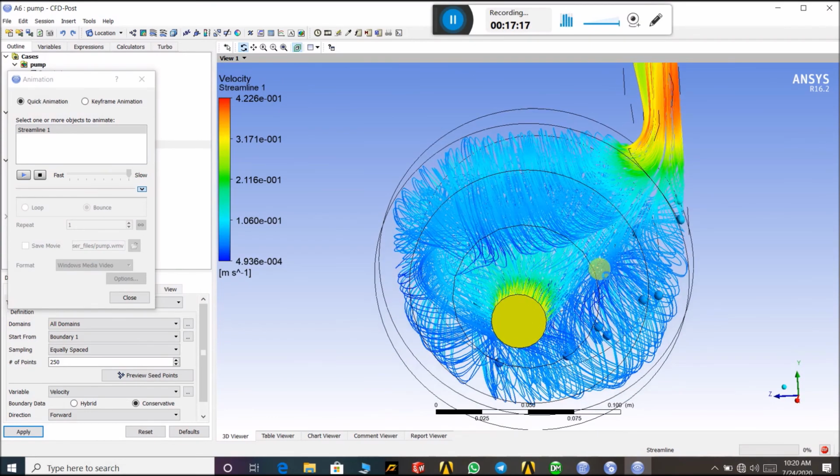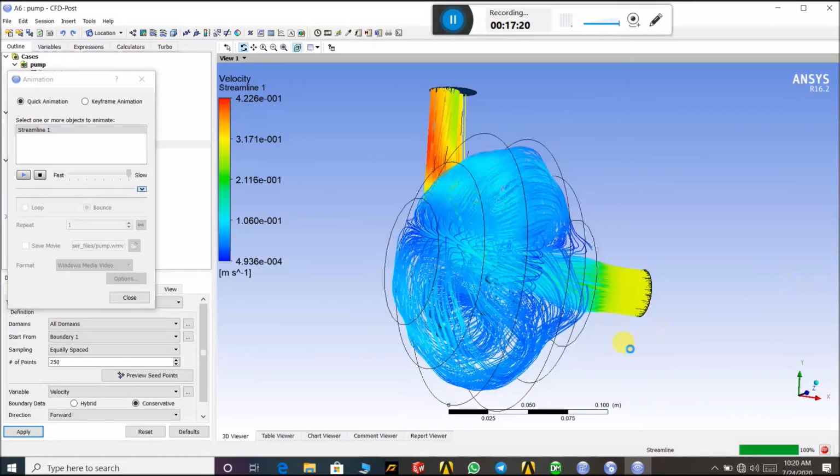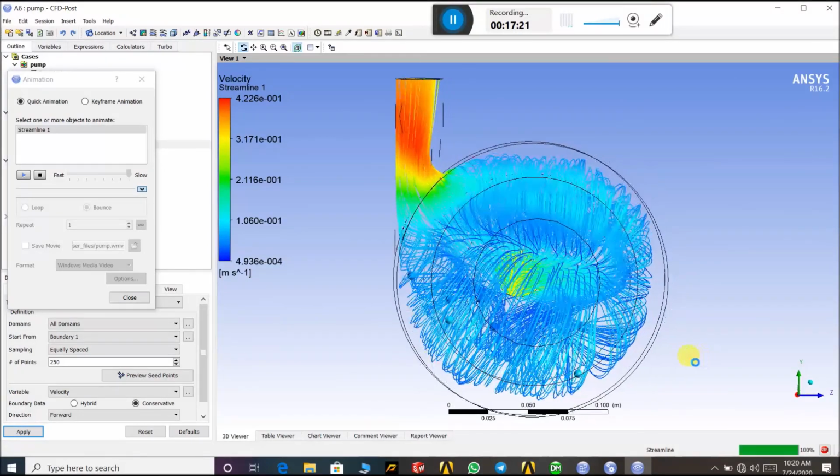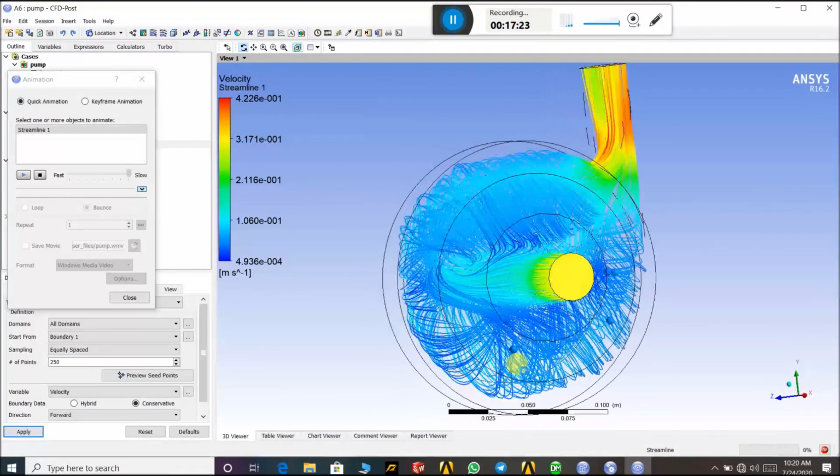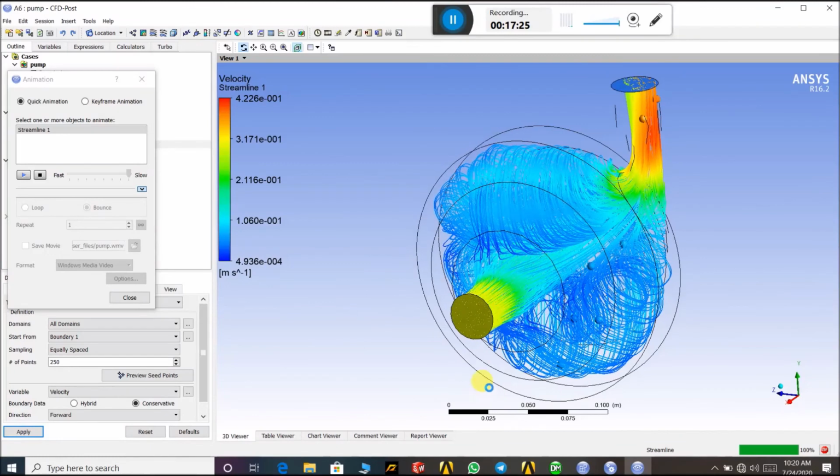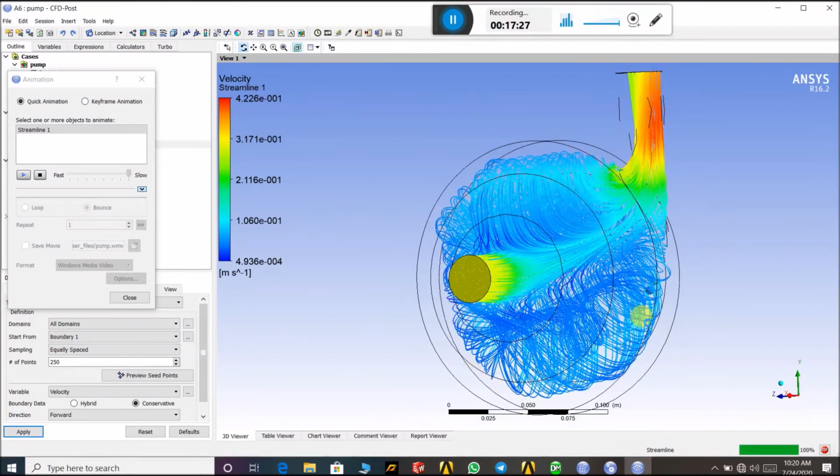You can see it here. This is the backward side, how the ball is moved. So in this option I select the ball.